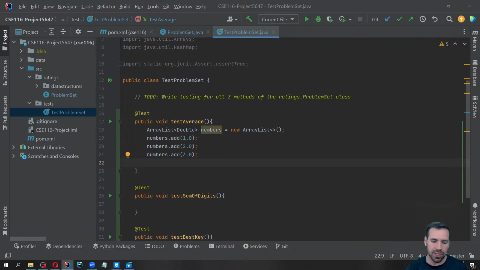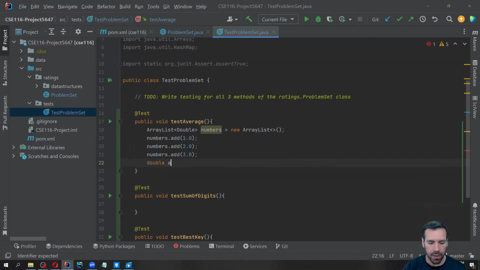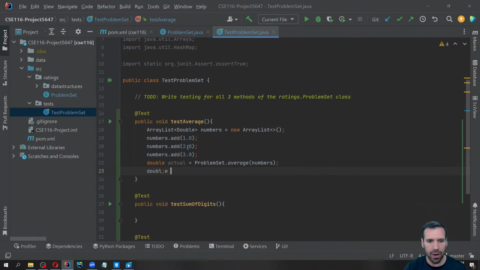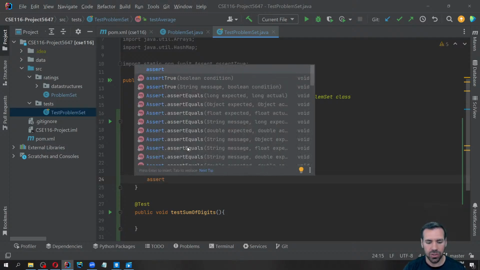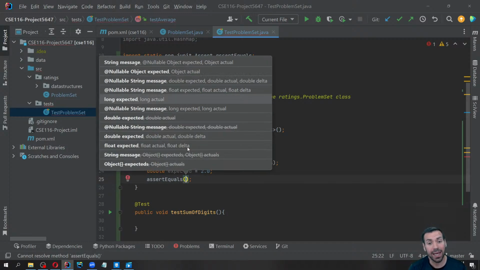And then what I want to do is call my method. I like to do this in 2 separate steps. I'll call my method. So double actual is what I actually got from the method call. That's going to be problem set.average numbers. And then what I expect to get. So my expected is going to be 2.0 in this case. And then I'm going to actually not use assert true. I'm going to use assert equals for reasons that I'll discuss at length on Tuesday. Assert equals